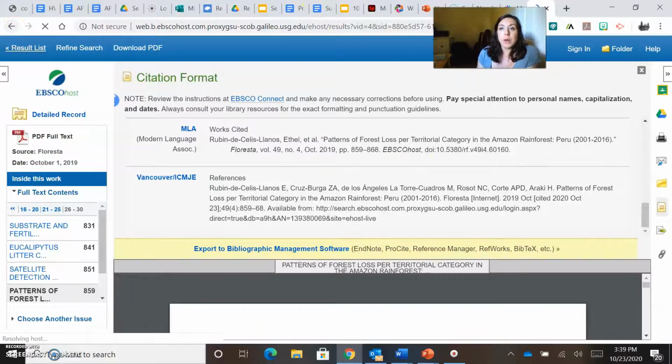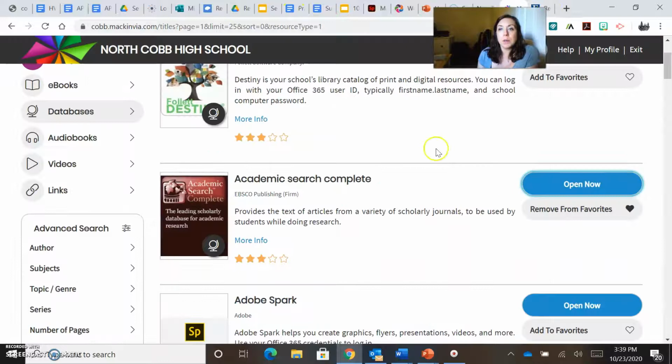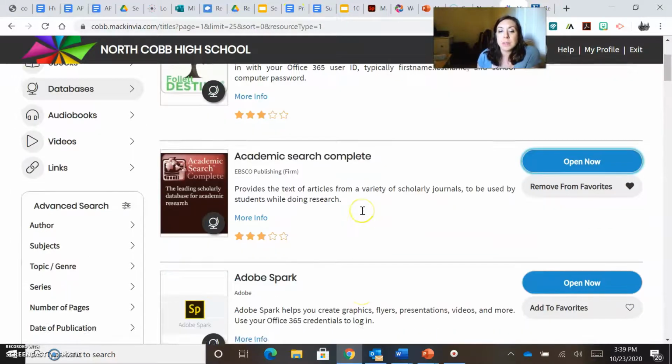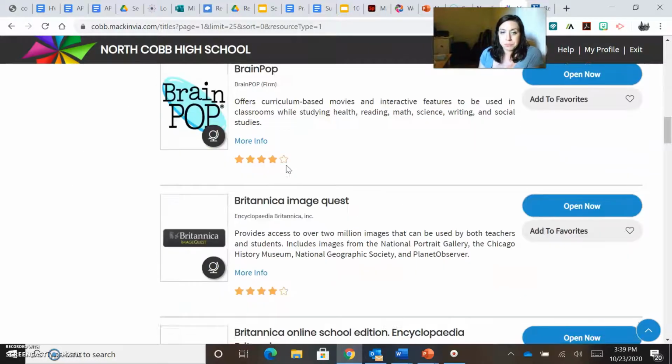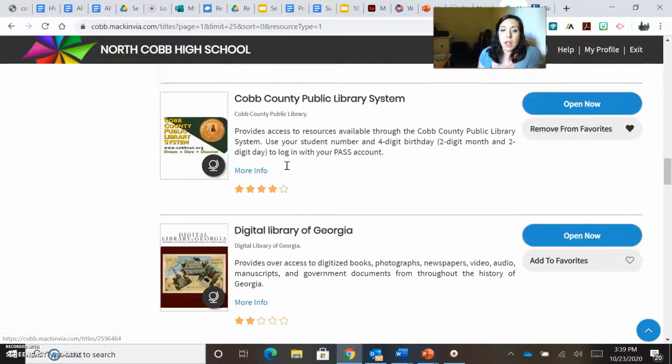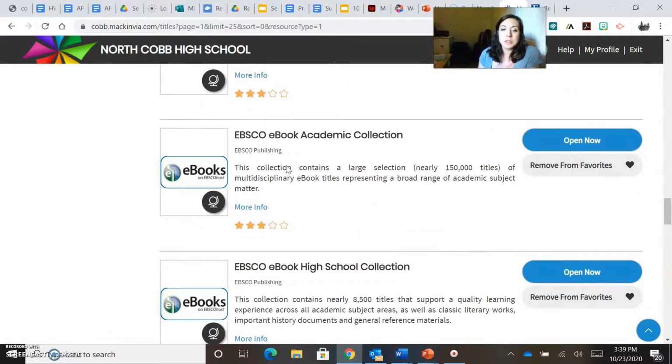All right, so going back to Cobb Digital Library, besides Academic Search Complete, you potentially might want to check out the Advanced Placement source. Even though we are not an AP class, it would provide you some additional access to articles. Everyone can access this regardless of whether they're in an AP class or not. So this would be another potential option, as would